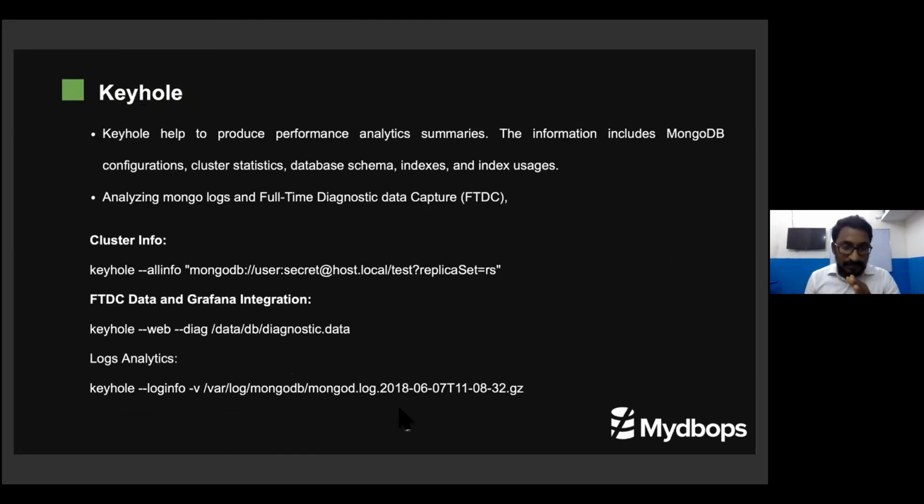So the final part is Keyhole. Keyhole is a very wonderful tool. Basically, when I go for consulting with a client, the first thing is they give a detailed intro of the system and application. But if I need to understand more detail performance-wise, Keyhole is my holistic solution, guys. It will give very detailed information. I'm just going to stop the screen sharing and open another one.